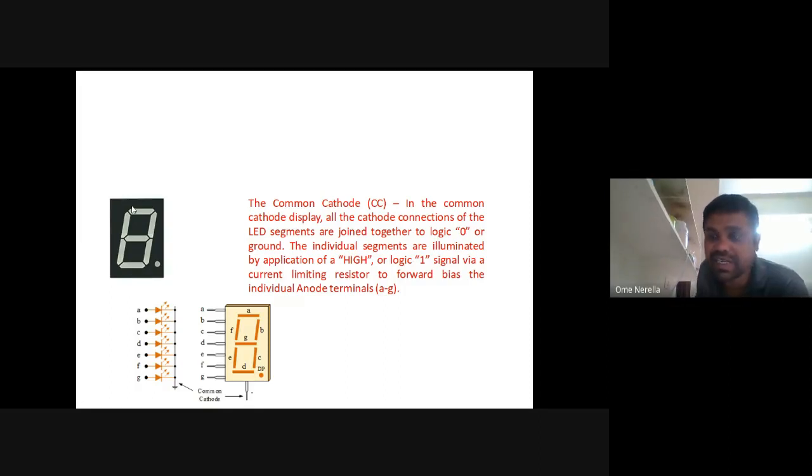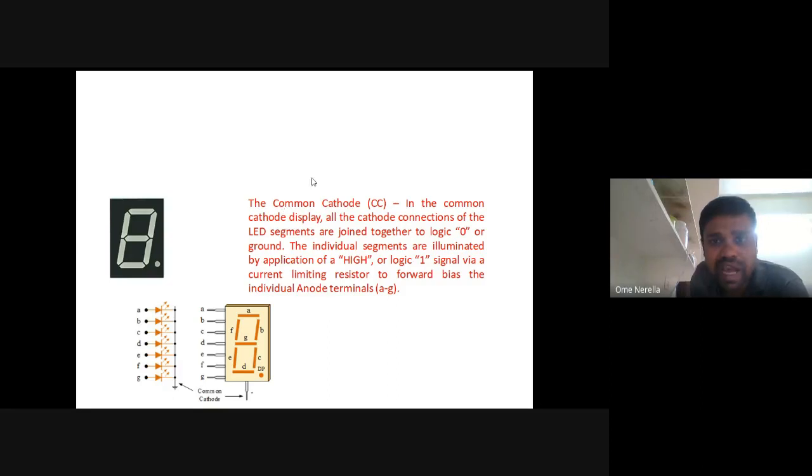The 7 segment display is an electronic device used to display digits on it, or sometimes you can display characters on it, no problem. It is a single digit 7 segment display, which means we can display only one digit at a time, either 0, 1, 2, 3, or up to 9. There are two types of 7 segment displays available in the market, called common cathode and common anode.